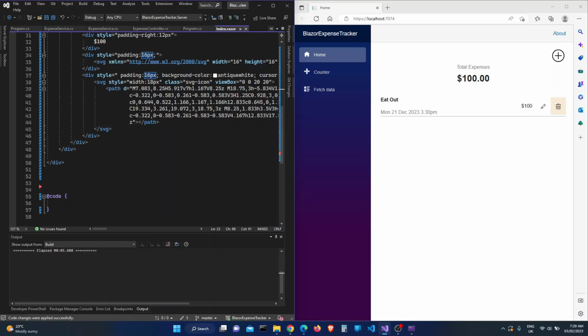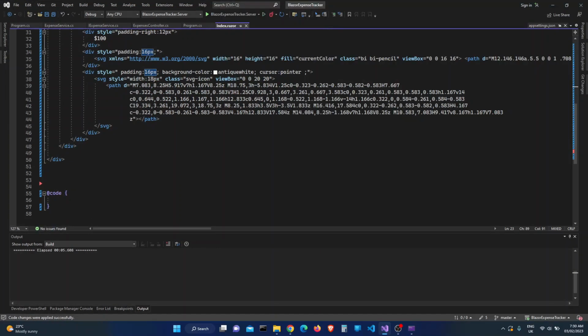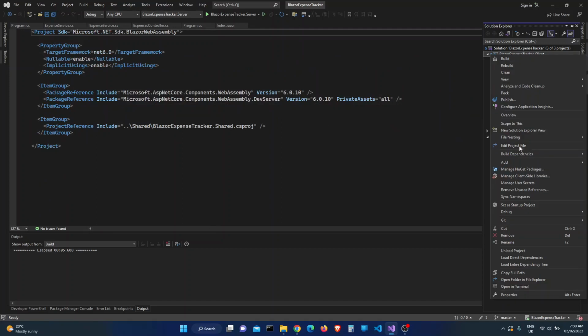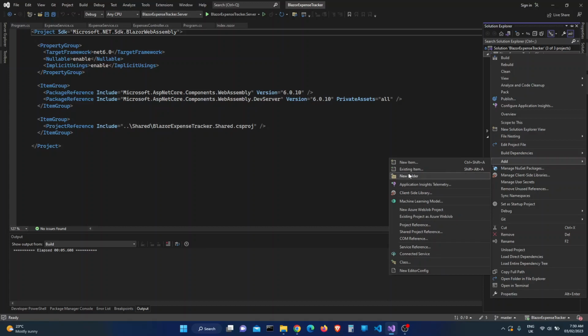We can now move ahead, and since we want to show our data instead of just this mock data that we've shown here in the front end, we'll also go ahead and add services to our client. So let me close this and open my Visual Studio a little bit bigger. Let me also close the console. Now in our client project, we want to add services. So we'll do something similar to what we did in the server project. We're just going to right click on the client and then add a folder. We're going to call the folder